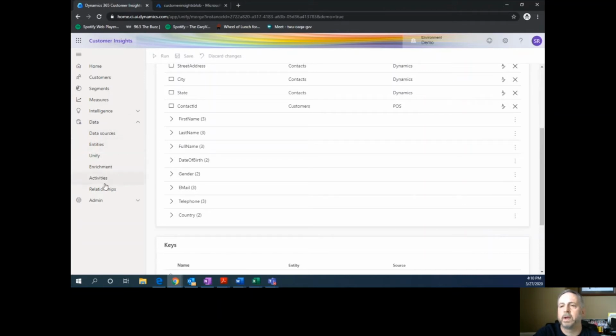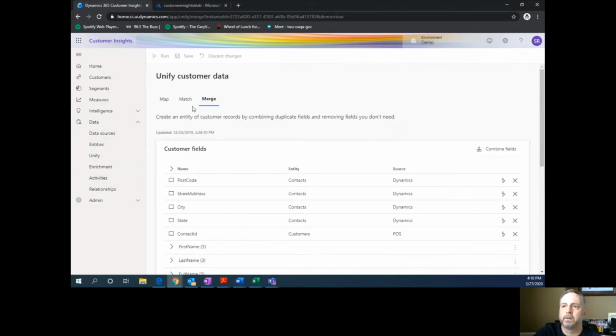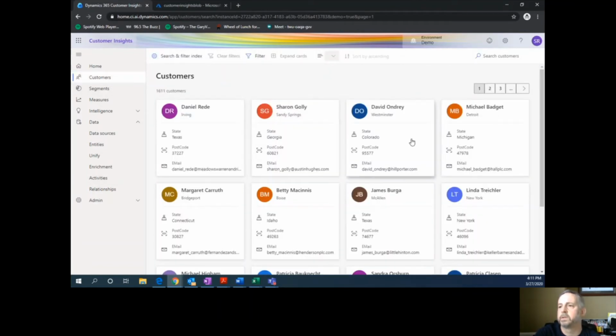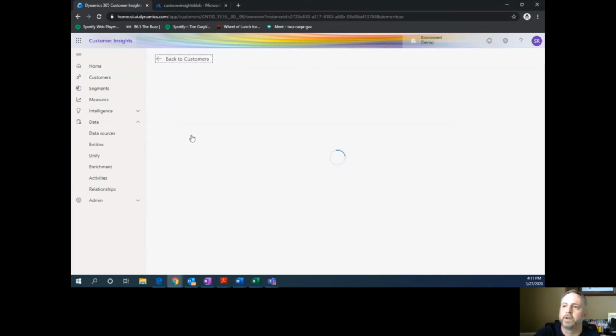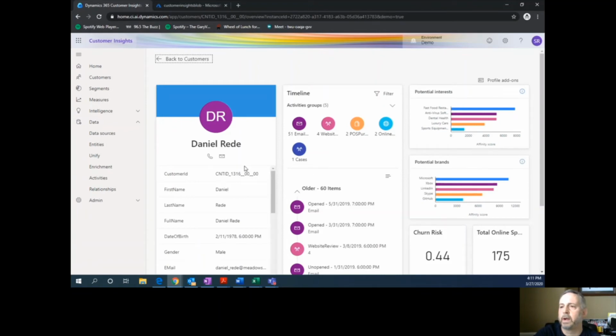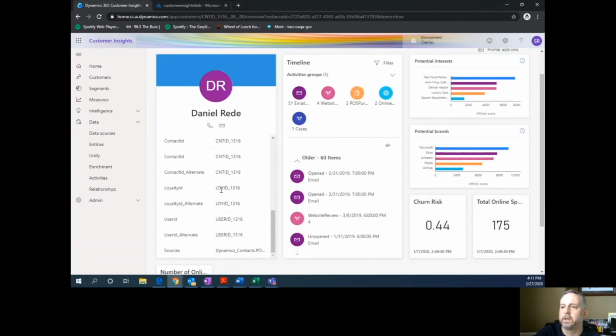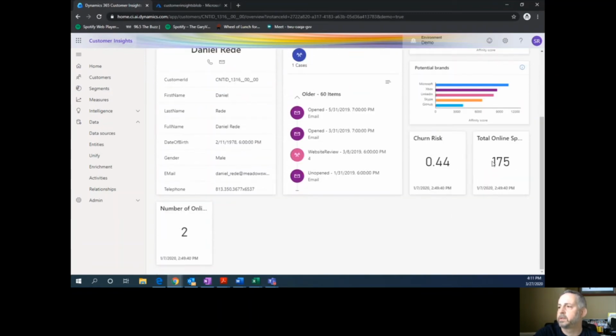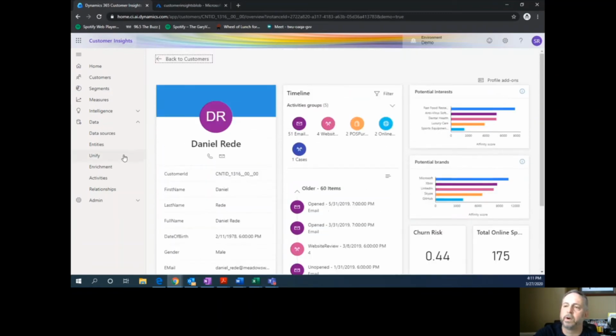Beyond that, once we have all that mapped, matched, and merged, then we can have our overview of customer records. This is all created after that process happened, and we can see that we have many different customers that are a part of that data. If we drill down on any one, we can get more information about Daniel here, for instance, all his information from Dynamics, some timeline with his Dynamics activities, some of his potential interests and brands, churn risk, total spend,